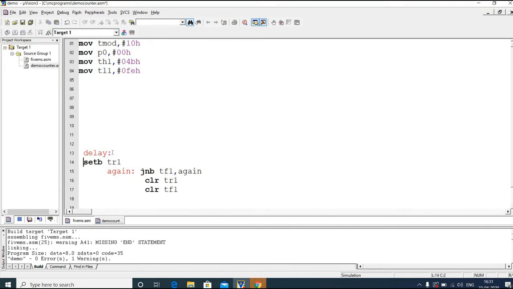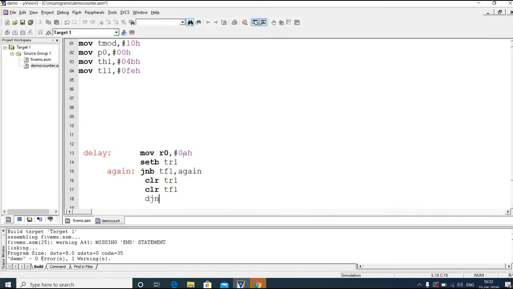Okay, so first here we need to load, move R0 comma 0AH, correct, right? So now once it is cleared, we need to see whether R0 is 0 or not.